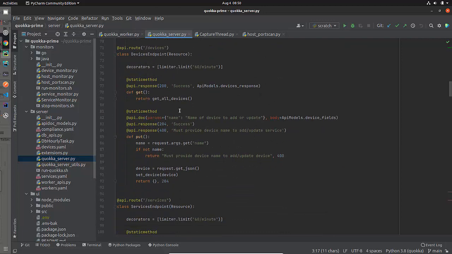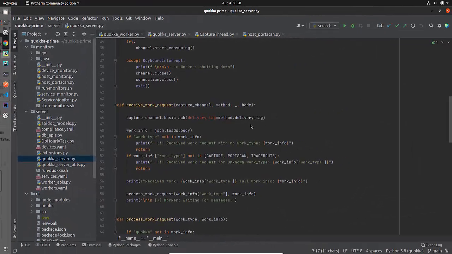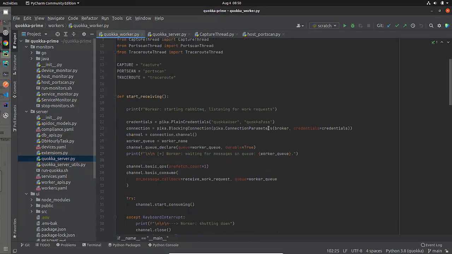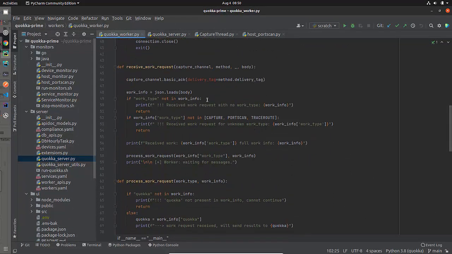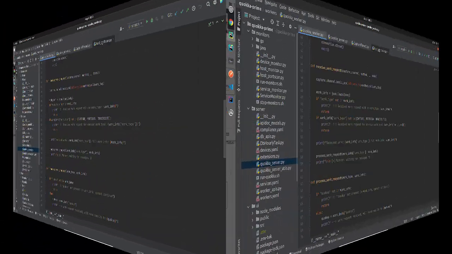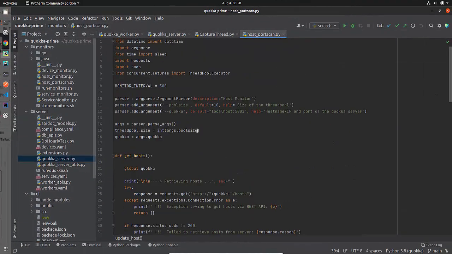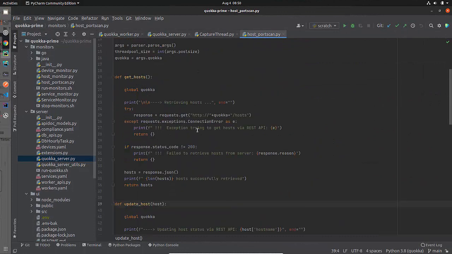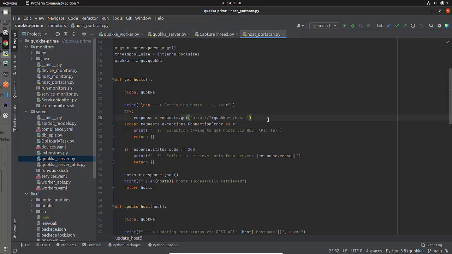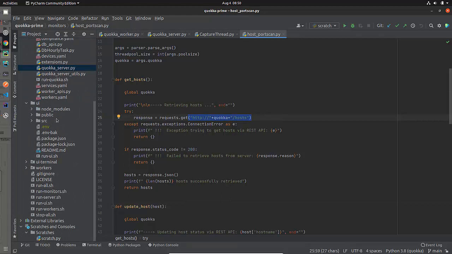I've got some endpoints. Oh yeah, and I have these workers that are going out there and listening for messages and doing some stuff and starting some threads. Oh yeah, and I have some monitors out there, and these monitors actually go out and do stuff. You can see that they're doing stuff right here. And then on and on and on as we talk about the user interface, etc. And they just are able to show code, and that is it.